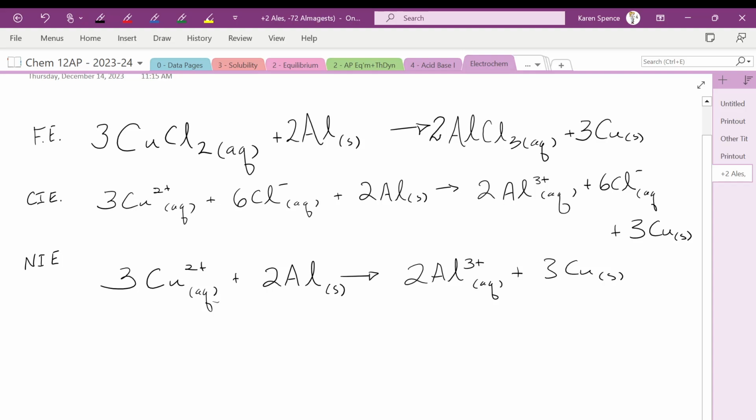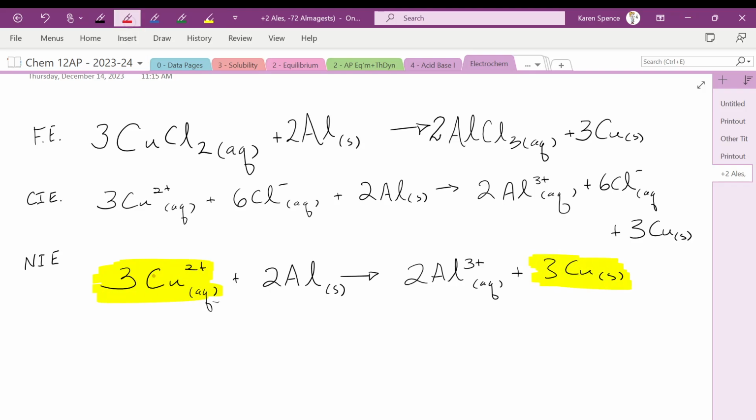Are you getting what I'm getting? Excellent. And now what we're going to do is a little trick that we do in redox equations. It's not something we would do in other equations because it doesn't make any sense. We are going to take our copper and